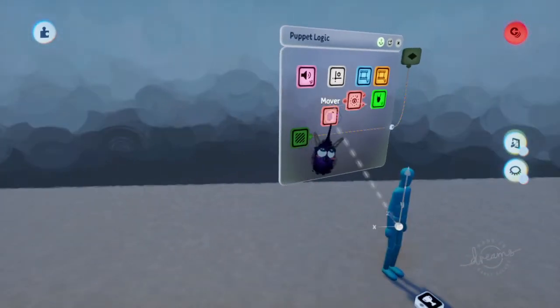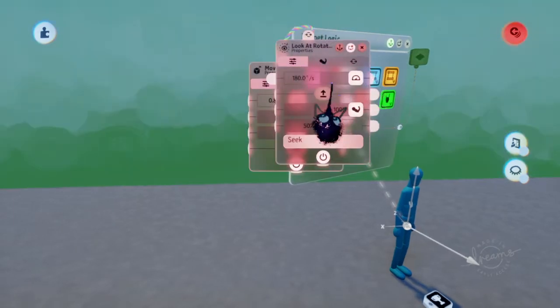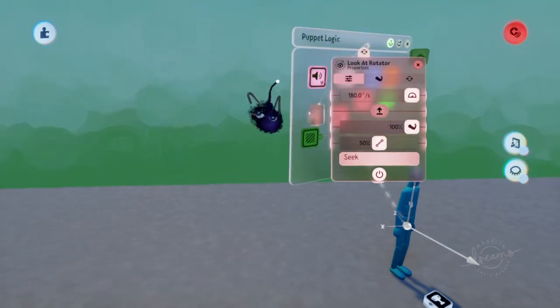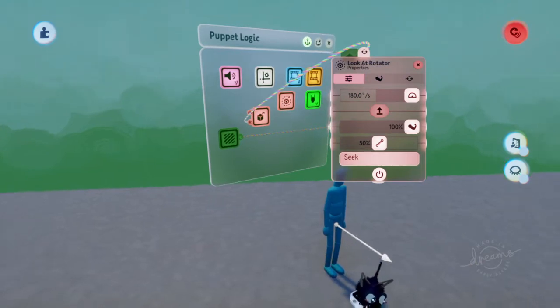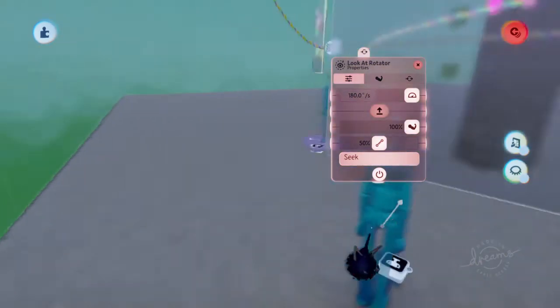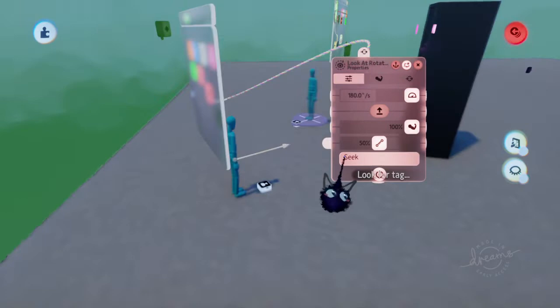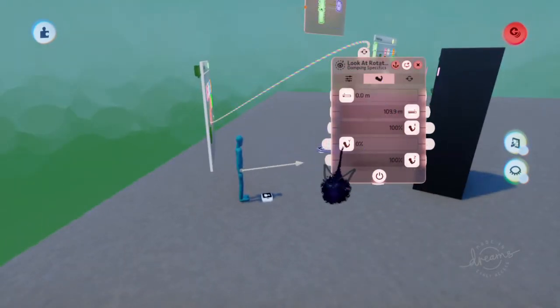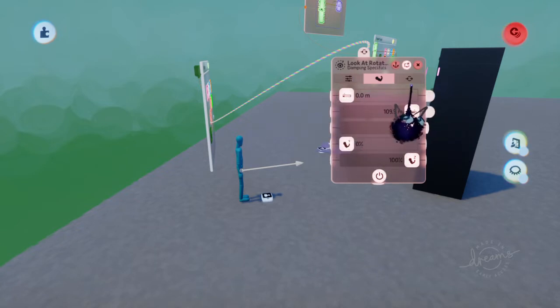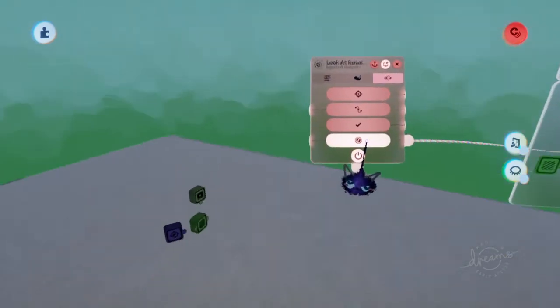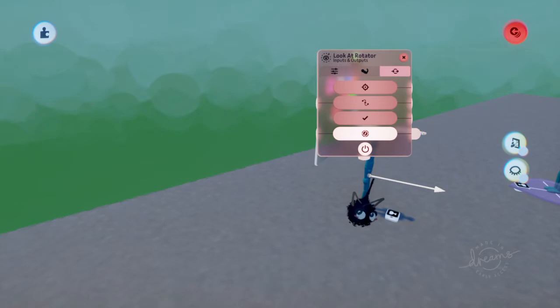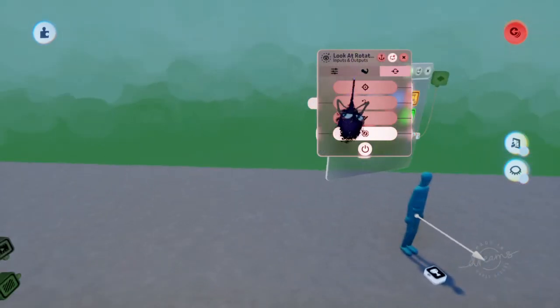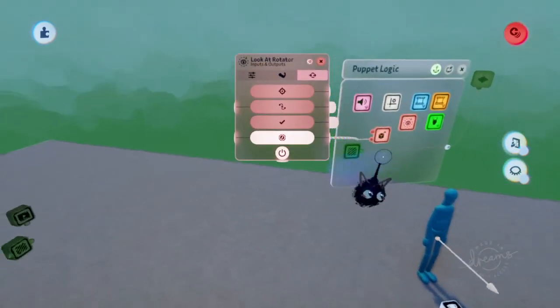What's making him walk towards the character is a mover and a look at rotator. Look at rotator, make sure the direction is looking towards from the front of the body so it makes sense. And then these are my settings. I turn down the Y so he doesn't fly whenever he's looking for the character. And then the direction of movement, so this arrow pretty much, and all the variable settings or number settings